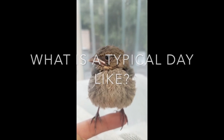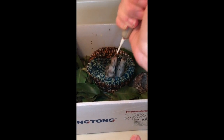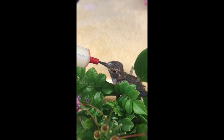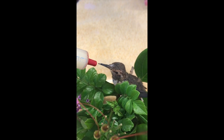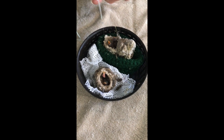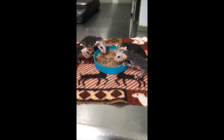What is a typical day in OCU like? Well, a typical day in OCU involves a technician and an intern coming in and checking out all the patients from the day before, make sure everyone looks healthy and make sure no one needs urgent care. The second thing is to prepare for feedings. So we have many different species of birds in here, so a lot of them require different things. Some want worms, doves need a specific formula, finches need a specific formula, crows and ravens eat specific things. So then we have to make sure we prepare those quickly in the morning and get ready to